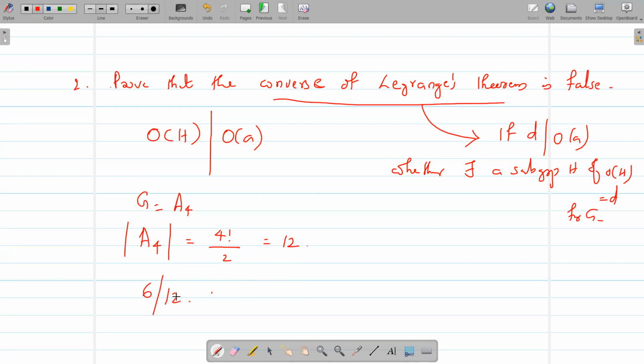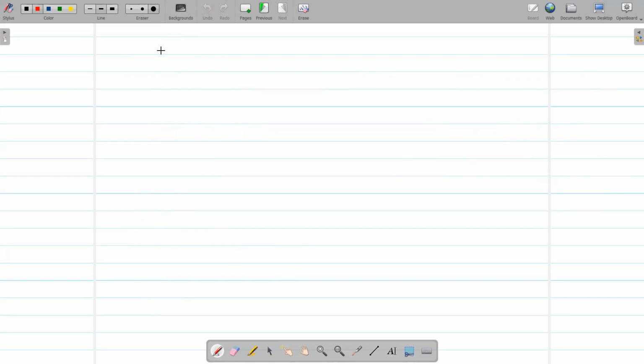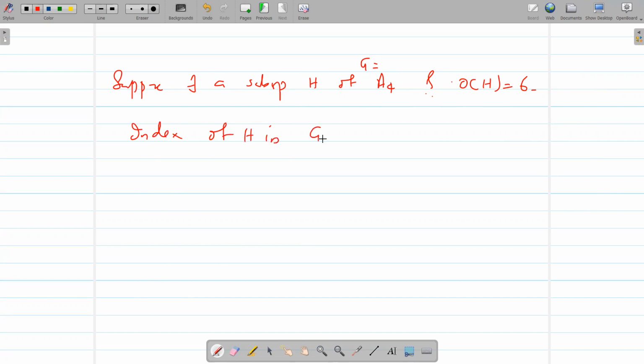Now 6 is a divisor of 12. We can show that there exists no subgroup H of G of order 6. അതല്ല, ഉണ്ടെന്ന് വിചാരിച്ചു. Suppose there exists a subgroup H of G equal to A4 such that order of H is equal to 6. Now what is the index of H in G? Index of H in G is equal to